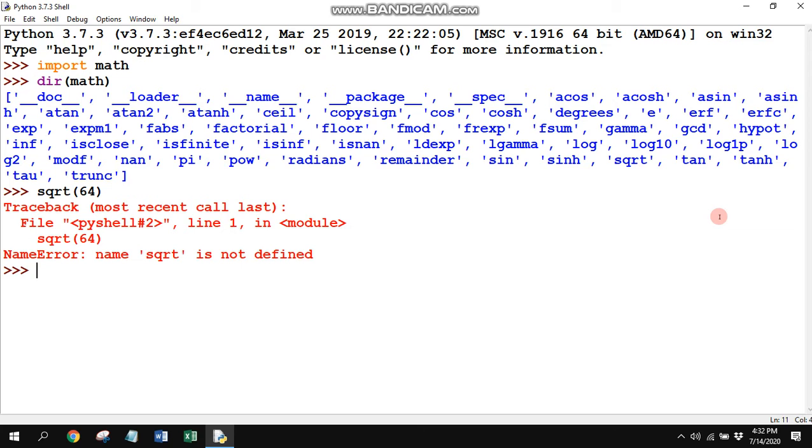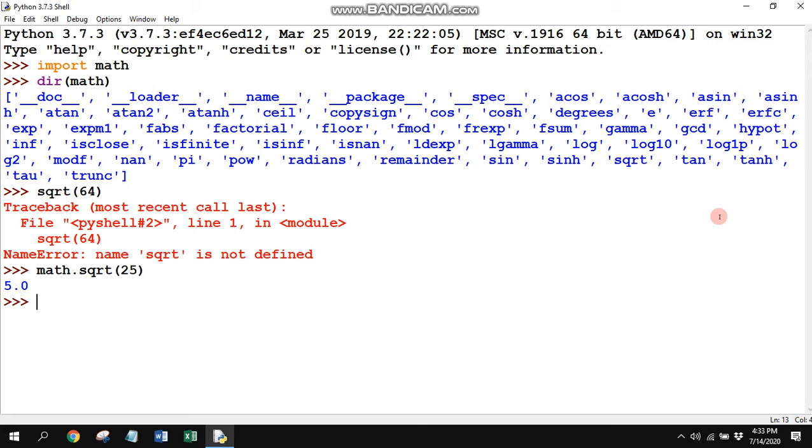After importing the module, we have to write math and a dot. Whatever module you import, you have to write the name of that module and then put a dot, and then use the function name sqrt, say 25, and you get the output.